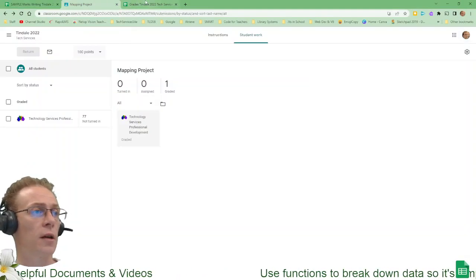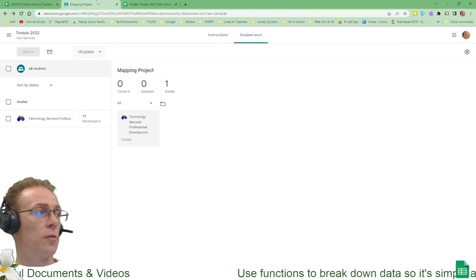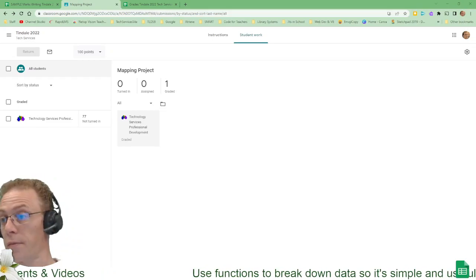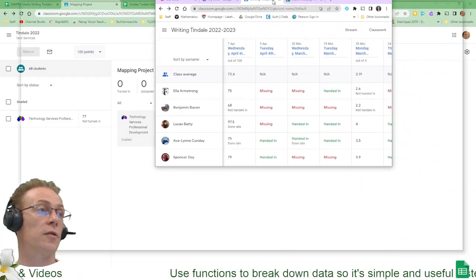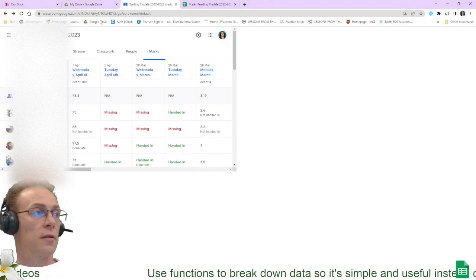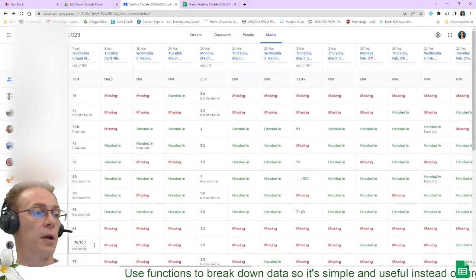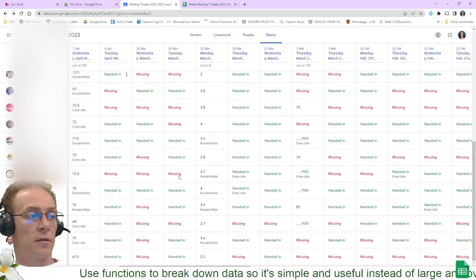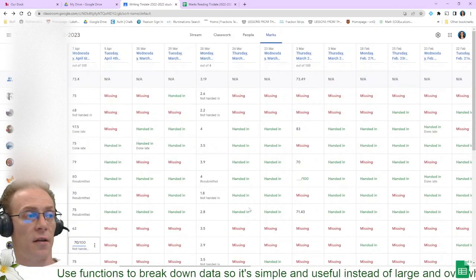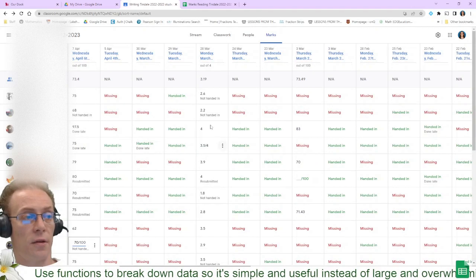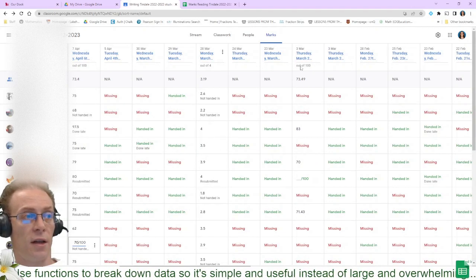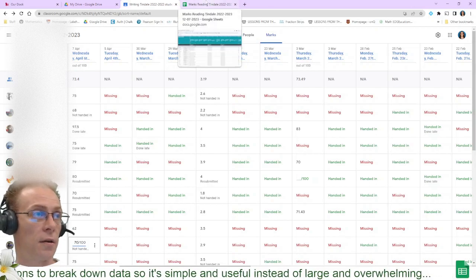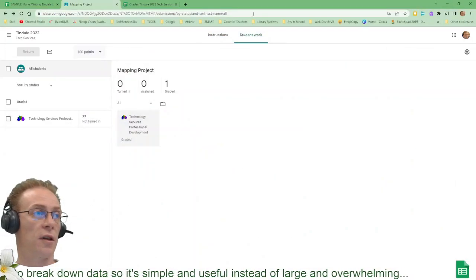I was over here looking at any of the actual classroom work, I had another page up here for you guys. There we go. So when I look at it in Classroom, this is what it would actually look like once it pops open. There we go. So we've got all these different handed in and missing and all this other content in there that has nothing to do with the marks that I actually want to look at. So trying to get anything too useful out of that is going to be really, really hard. Whereas when we can just look at our numbers,